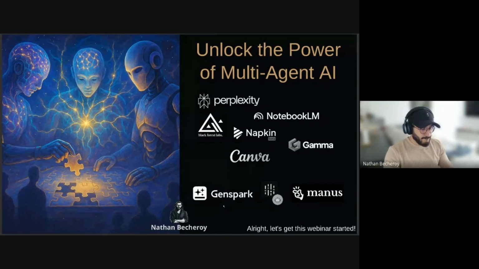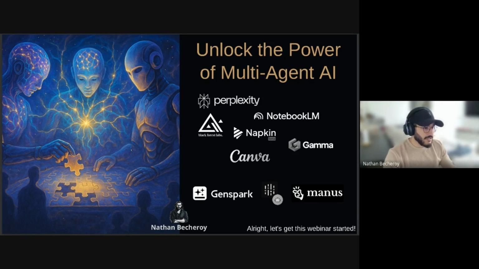So before starting, I was about to tell you something. To create this webinar, I use all the AI tools you see here, starting with Perplexity to gather all the information, all the data I worked with, next into Notebook LM to better see the ideas and organize everything.